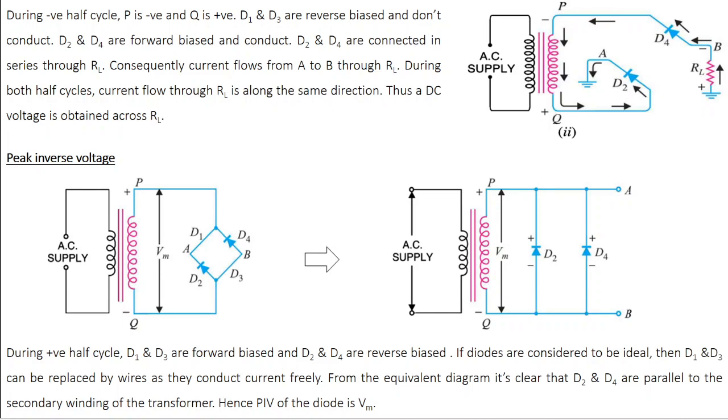As we defined in the previous class, peak inverse voltage is the maximum voltage that drops across a diode when it is reverse biased. And what's the relevance of it? You know that typically during reverse bias, there is no current through the diode. Actually, there is some bit of current due to thermally generated electron hole pairs, but it's very weak. It's typically of the order of nanoamperes or microamperes. So it's as good as there is no current flowing through the diode.